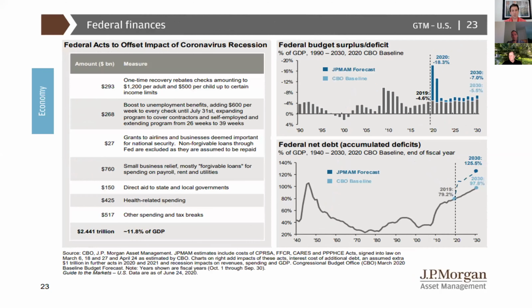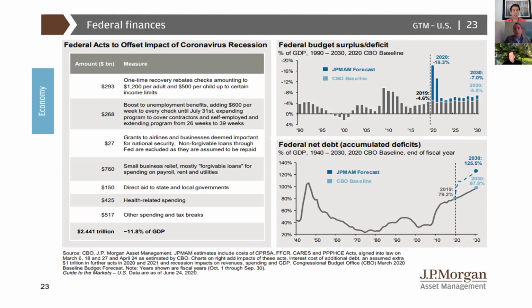The second big factor as to what drove the market so quickly up was that Congress came out and passed a very significant bill, the CARES Act. A fiscal stimulus amount of 12% of GDP. That equated to about $2.4 trillion, where they sent money out to industries and people who needed it most. So this shows the breakdown on the left side of where that money went. And you can see 293 billion with a B went to just checks that went to individuals.